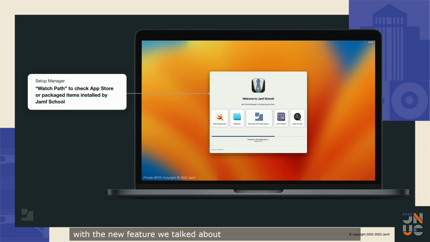So here you'll see it says about wallpaper. Well, I packaged a custom wallpaper and I know where it's going to be installed. So I just go and monitor that file path to see if it exists or not. So we can monitor more than just apps here as well. And then finally,